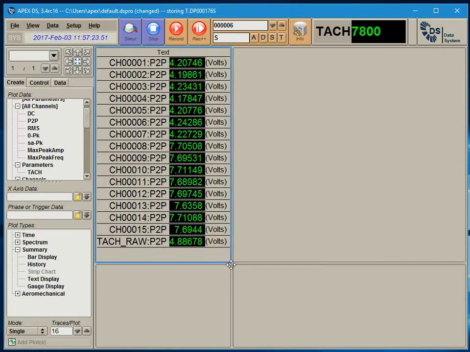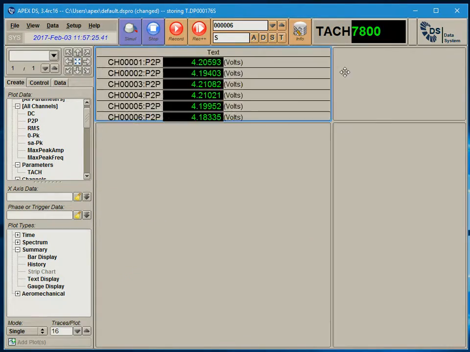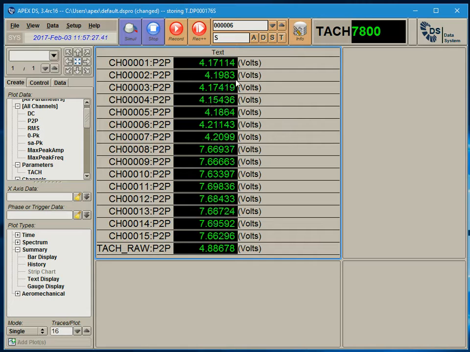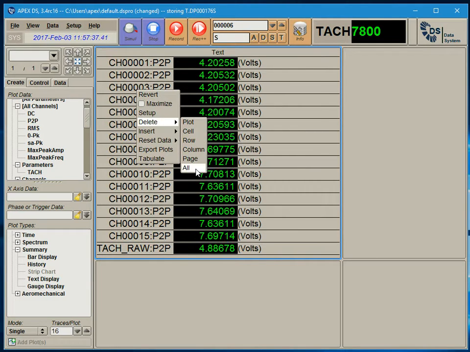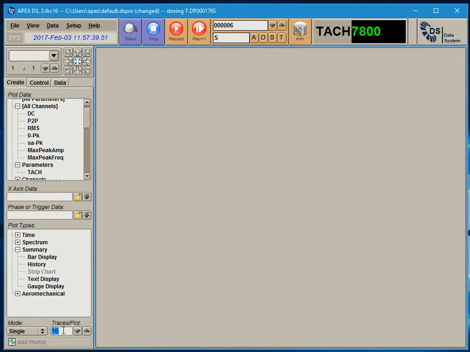I don't have enough here to actually do it, but if it gets crunched down enough and it has ability, it'll make another column. But the other way you can do it, let me just delete everything and start over. Let's say we have 16 channels, so let's do 4 traces per plot, the same selection, and then do the